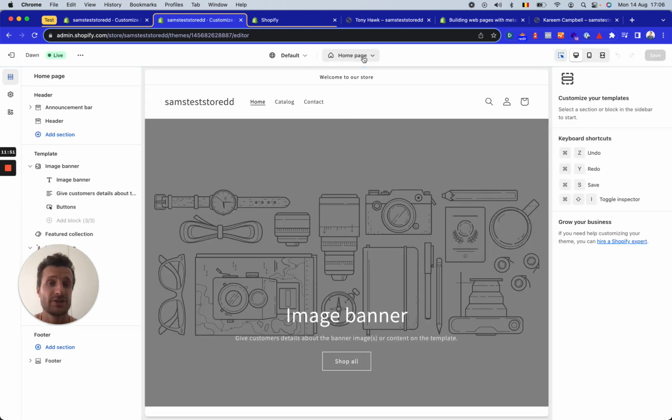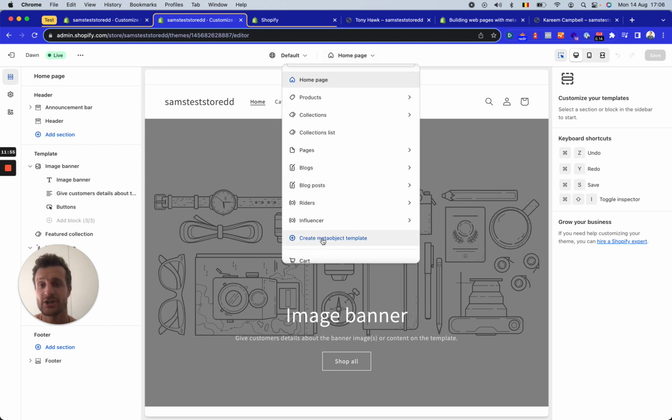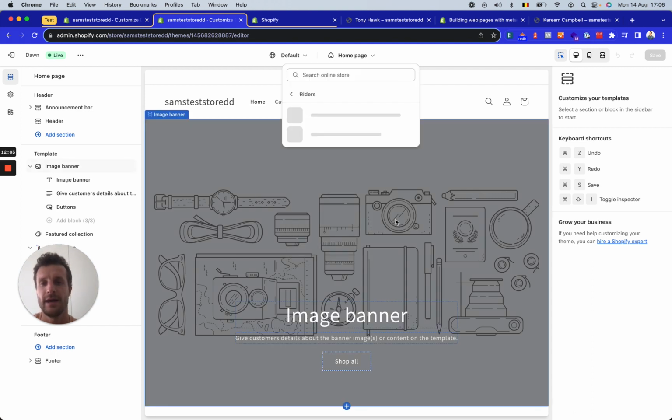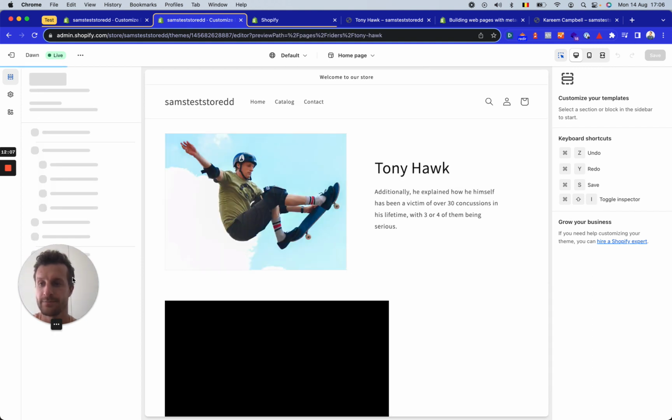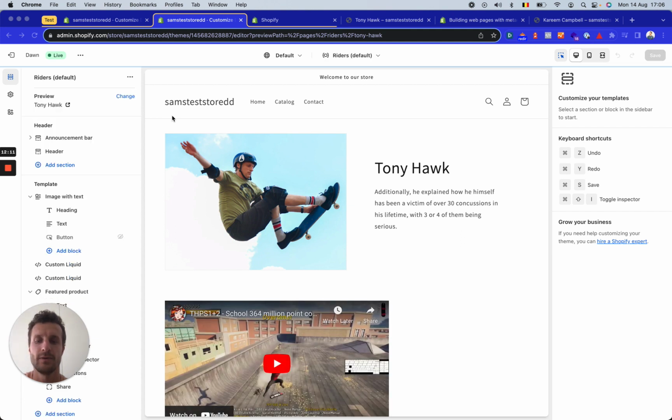Then what I actually just did is, if you go here, you can create something. This is actually what we're talking about. You can create a meta object template. In this case, this is the riders. And you just have one template, right? You click on it, and here you can now add the dynamic sources of the construct that you just created